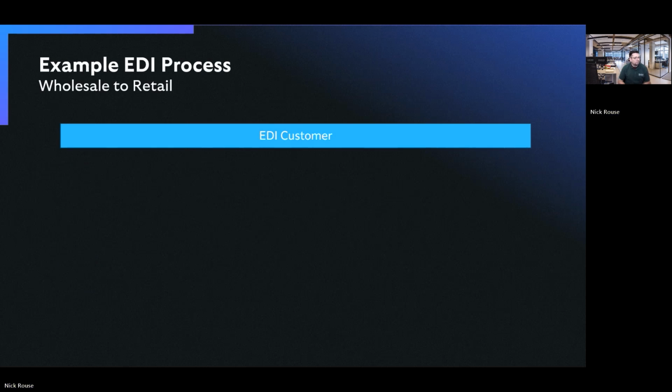So, an example EDI process. In the examples that I'm taking you through today, we're going to be looking at a wholesale to retail example. However, that's not the only way, as I've mentioned, that EDI will operate. We could go wholesale to retail. We could go the other way around. So even though I'm talking about dealing with an EDI customer, we could also use this to work with an EDI vendor, or it could be any other different types of relationships between organizations that need that